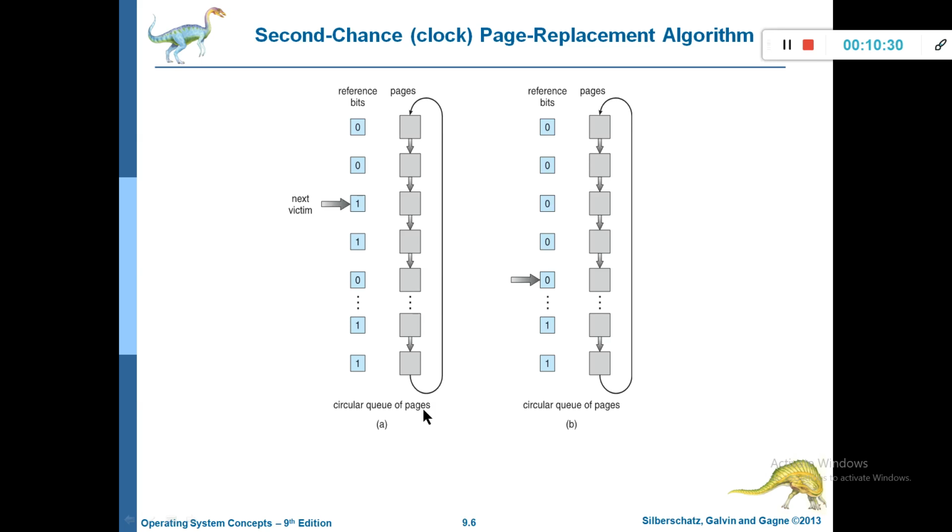In the figure, a circular queue, which page are you going to replace here? The page whose bit is 0 we are going to replace. After replacing this, which page are you going to replace next? The next victim page is this one, but its bit is 1 here. We replace the page if the bit is equal to 0. Now, when the bit is equal to 1 and that page is considered as a victim, what are we going to do here? Change the bit from 1 to 0 and keep that page in memory,